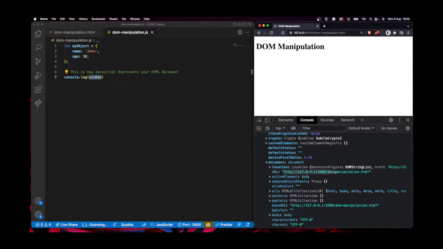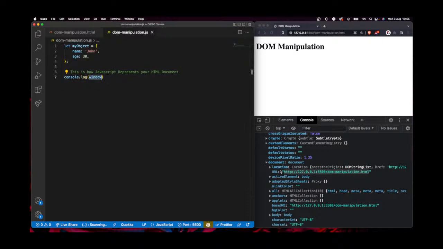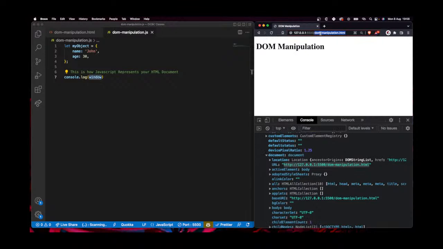And here the address we have is suggestive of that fact, because the address says what? HTTP 127.0.0.1 colon 5500. And what that does is this is just localhost at port 5500, pointing to DOM manipulation.html, which is the HTML file we currently opened. So we have this telling you that this is the location of this document, and the location basically speaks to